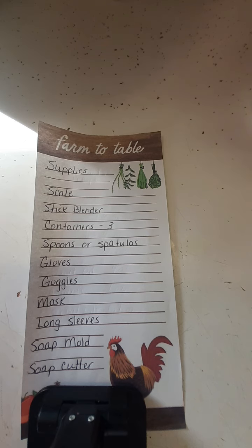And last but not least, this is a list of the supplies that you are going to need, which I will be going over these again. That way you actually have a visual of what I'm talking about. But a scale is a definite, and it doesn't have to be an expensive scale, but you really should make sure it's a digital, because it is so easy to get your measurements wrong if it's not a digital scale. You'll need a stick blender, 3 separate containers, preferably one of them being a large mixing bowl,